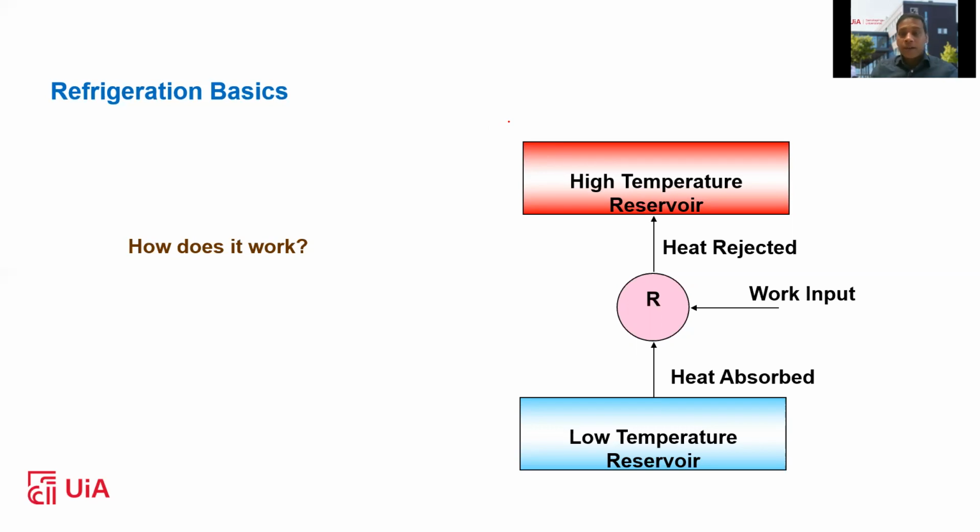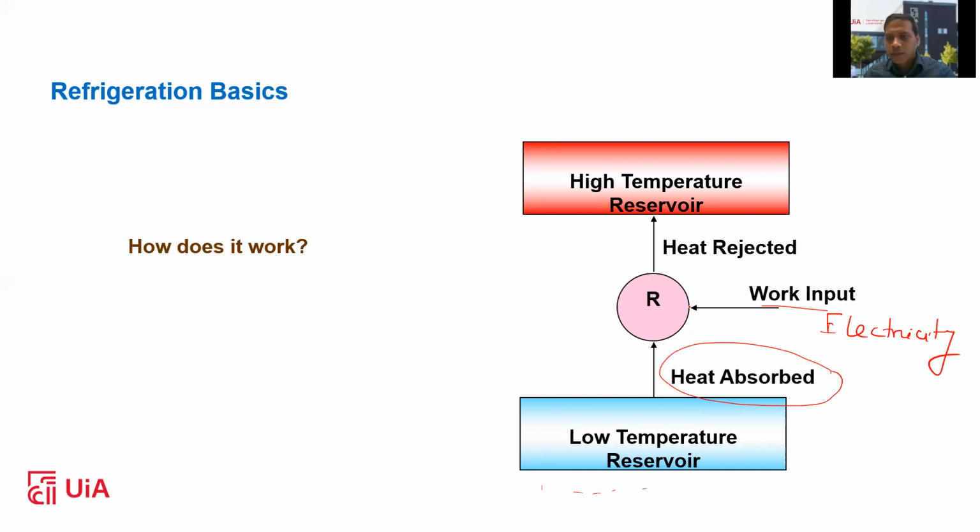So what are you doing in a refrigerator at your home? We have a low temperature reservoir, as you can see here, and then a high temperature reservoir here. The basic point is that it collects the heat from the environment, from the surrounding, from here, as you can see. Then it starts to evaporate, as I mentioned, with the temperature. Heat is absorbed from the surrounding, and it is done by some work input, like electric input here. You are providing the electricity here, for example,